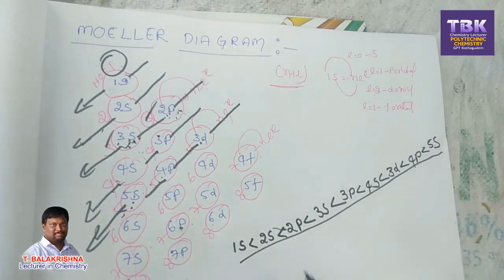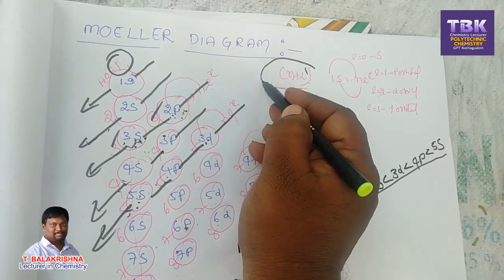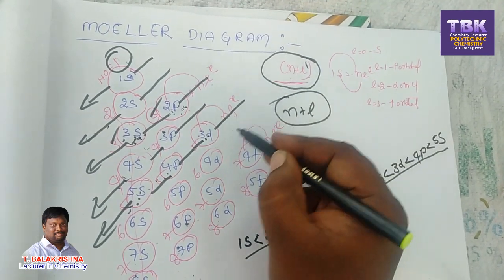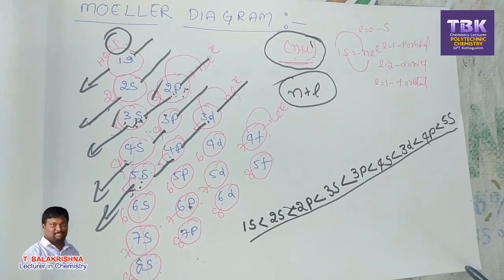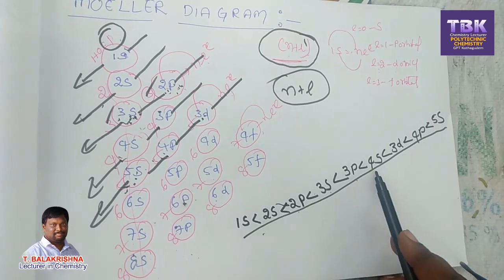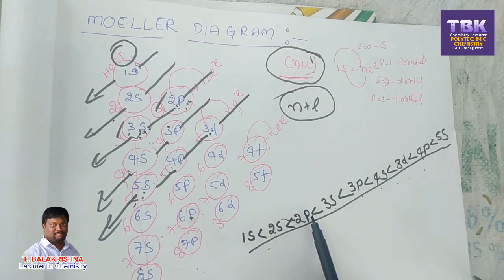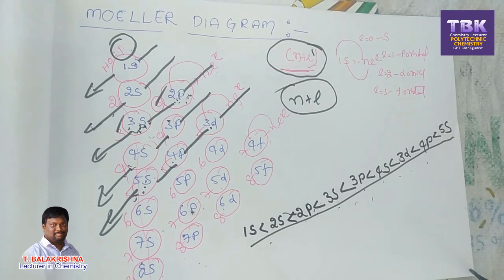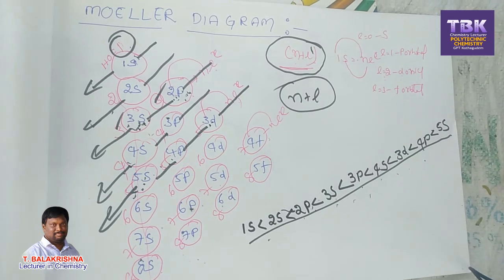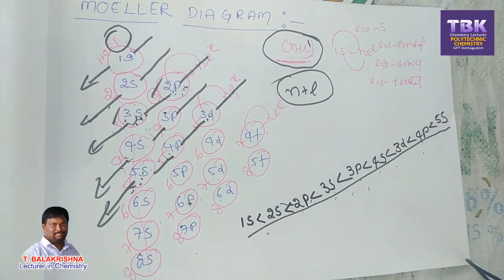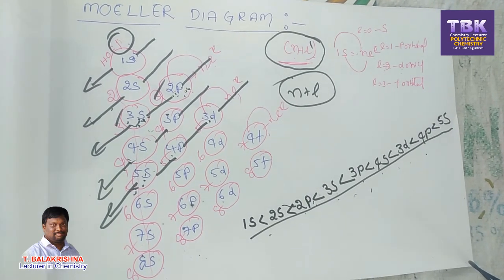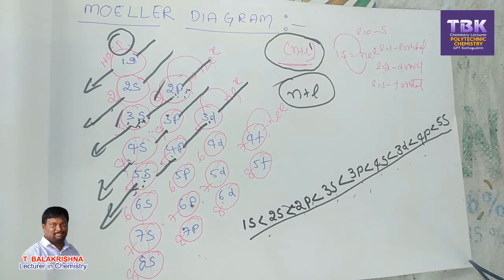By using which formula? The N plus L formula. We calculate the energy of orbitals by using the N plus L value, the principal quantum number and azimuthal quantum number. After finding the energy of orbitals, we write the increasing order of energy of orbitals. Using this order, we write the electron configuration of every atom. That is called atomic structure. Bohr successfully explained the position of the protons and neutrons but failed to explain the position of the electron. But by using these quantum numbers, we can successfully describe the position of the electron.